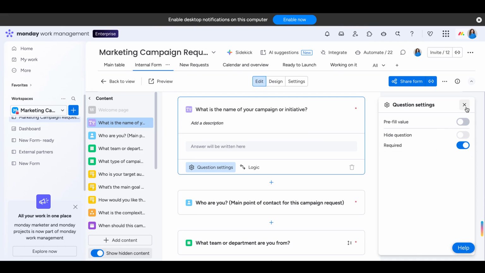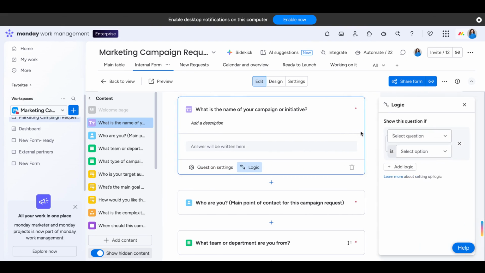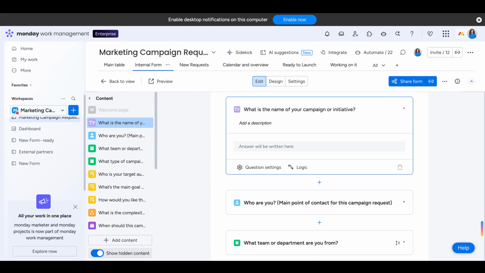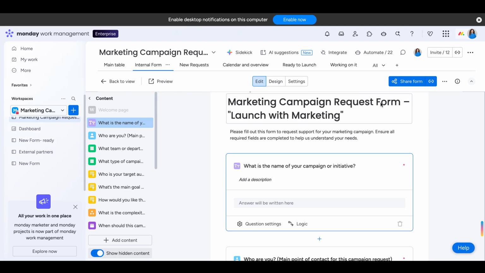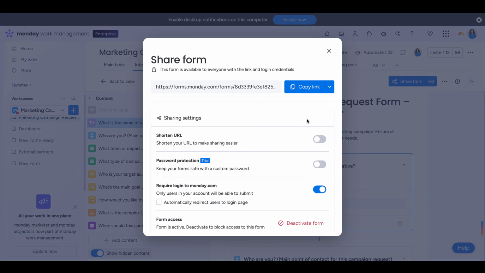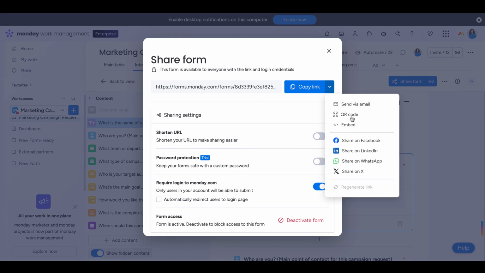And of course, forms have tons of other customization options, from conditional questions, like this one here, to design, to language settings, and you can check all of them here in the editing section. And if you would like to explore all those capabilities in depth, make sure to check our dedicated Monday form webinar. It's really good, and I highly recommend it. And if, for example, you would like to share this form externally, you can just click here on Share the Form, or even generate a QR code for the form by clicking here, and you can even post it on